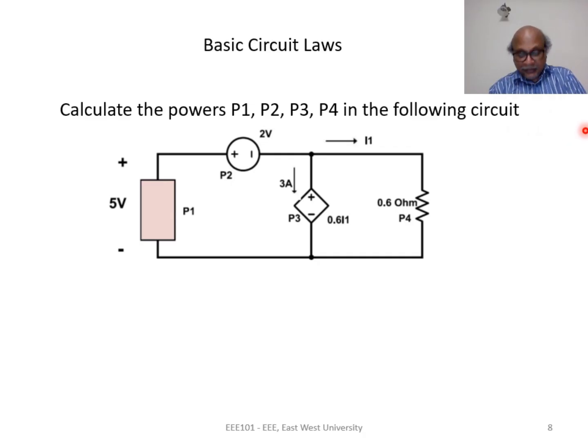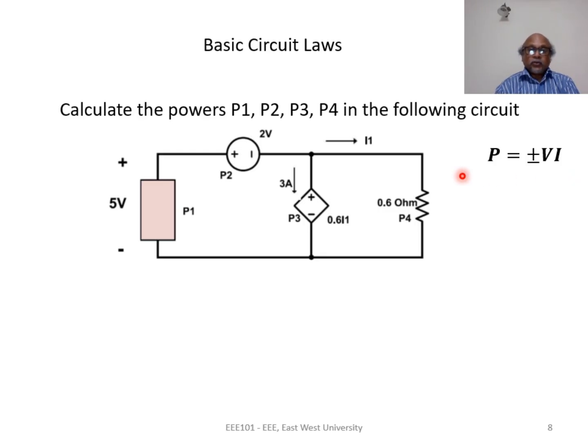In the last example, when we solved the problem, all the voltages and all the currents were shown, and we had to apply only this equation, that P equal to plus minus VI. But in this case, before we can apply P equal to plus minus VI, we have to find the values of the missing circuit variables. Okay,